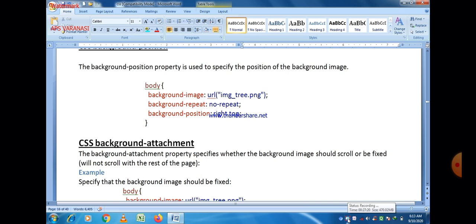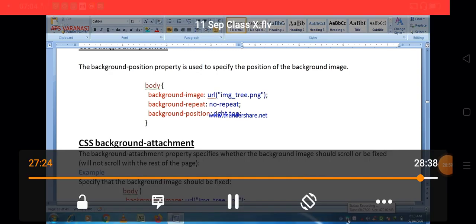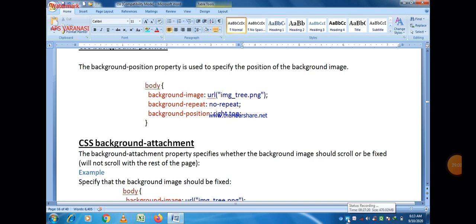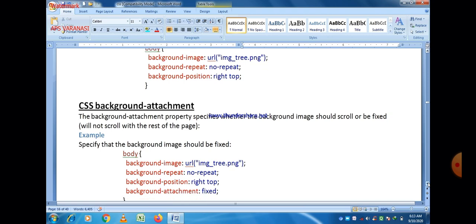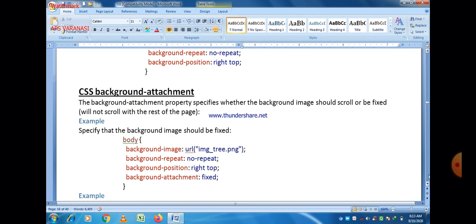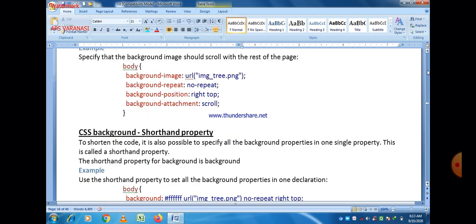Then we use the property name background-attachment. You can see the program here. Here we use background-attachment equal to fixed, meaning no scroll at all. And if you give the value scroll, then you can scroll the image also. So two values are there, scroll and fixed.